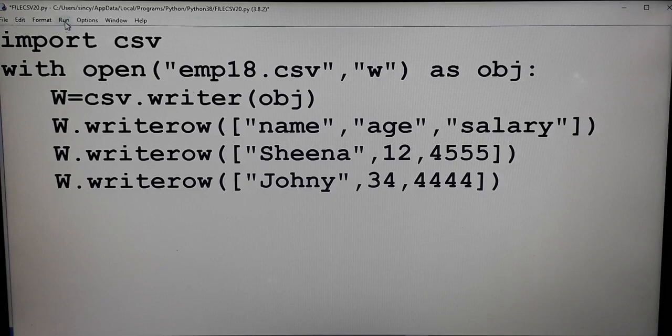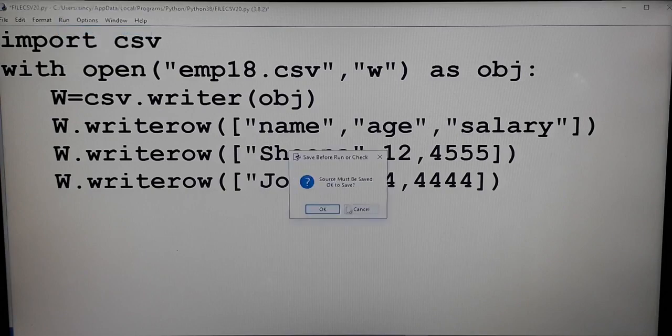I am going to run this program. Here you don't need to close the file because we studied that it is a with statement. Once the block is over, automatically that file will be closed. If you are using the normal open method, then you have to close it. Here it's a with statement, so everything comes under that block. So once you exit from that block, automatically that file will be closed. That is why I am not using the close statement over here. Now just run this program.